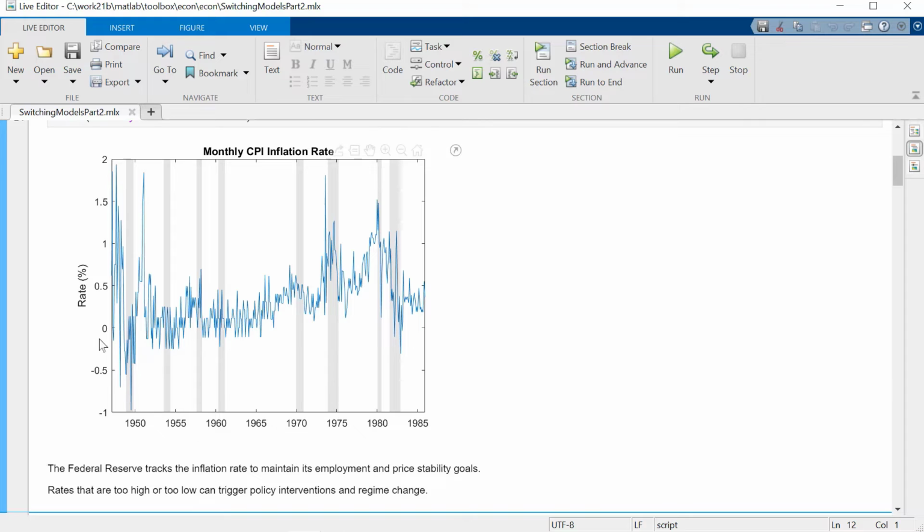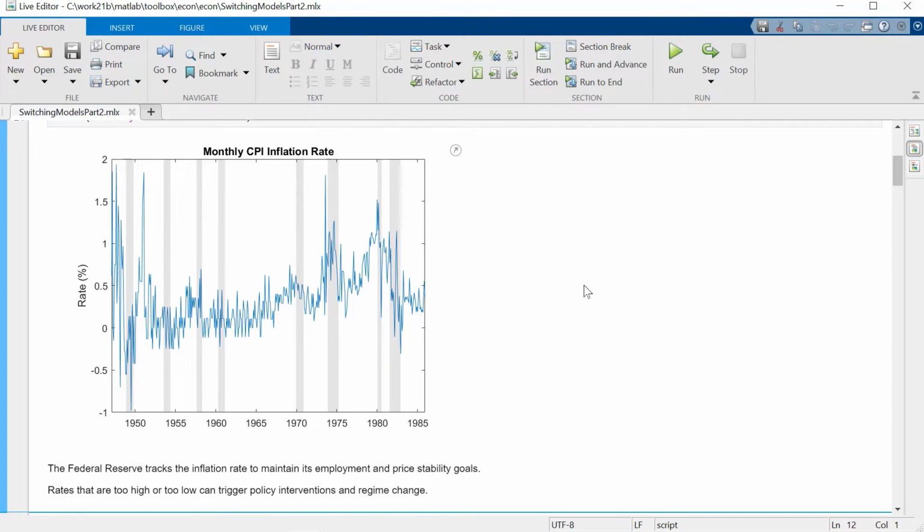We can see that our inflation rate has a range between about 0 and 2%, with certain periods, say here after World War II, where we actually see negative inflation rates, deflation, and otherwise a steady increase in the inflation rate over the 60s and 70s, with somewhat increased volatility during the recessions and some sharp upward spikes in the inflation rate during these recession periods.